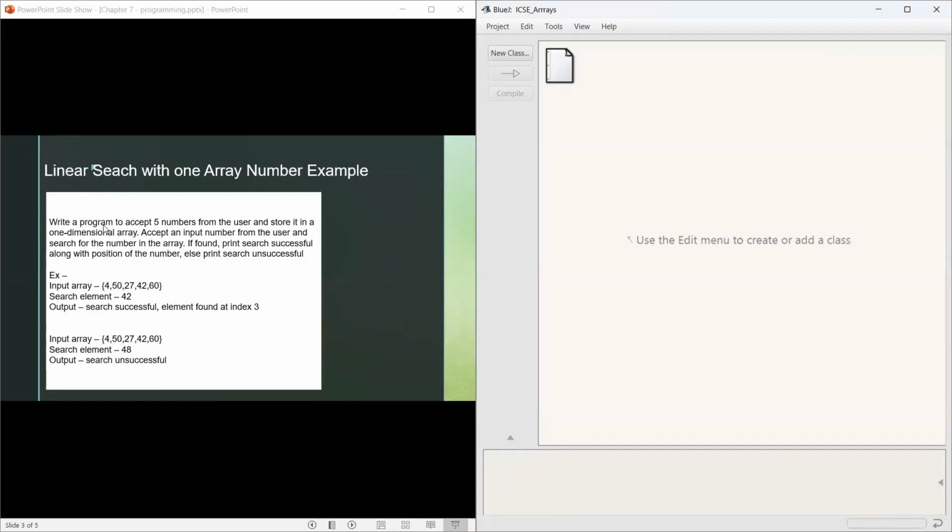So the first program is saying, write a program to accept 5 numbers from the user, store them in a one-dimensional array. Accept an input number from the user and search for the number in the array. If found, print search successful along with the position of that number, else print search unsuccessful. So for example, if we had entered 4, 50, 27, 42, and 60, and the user wanted to search for 42,